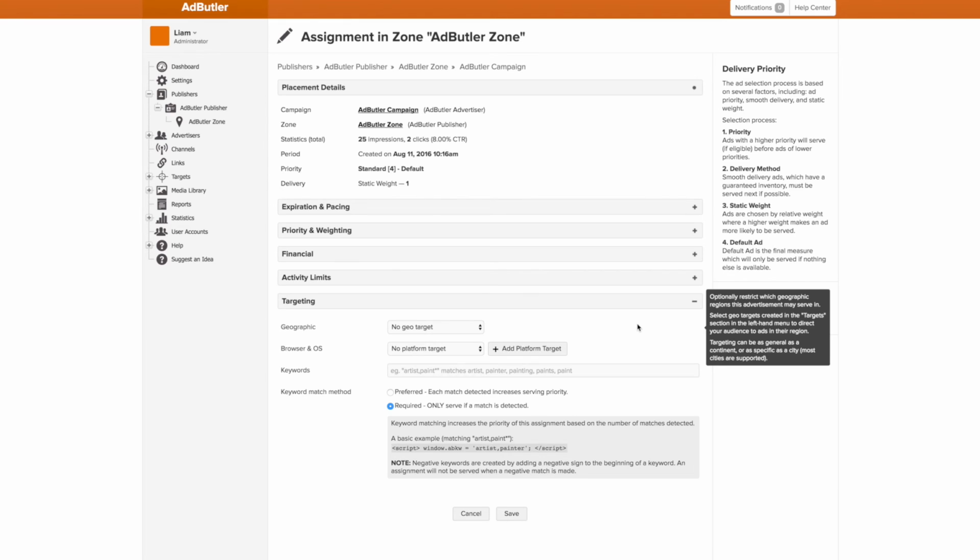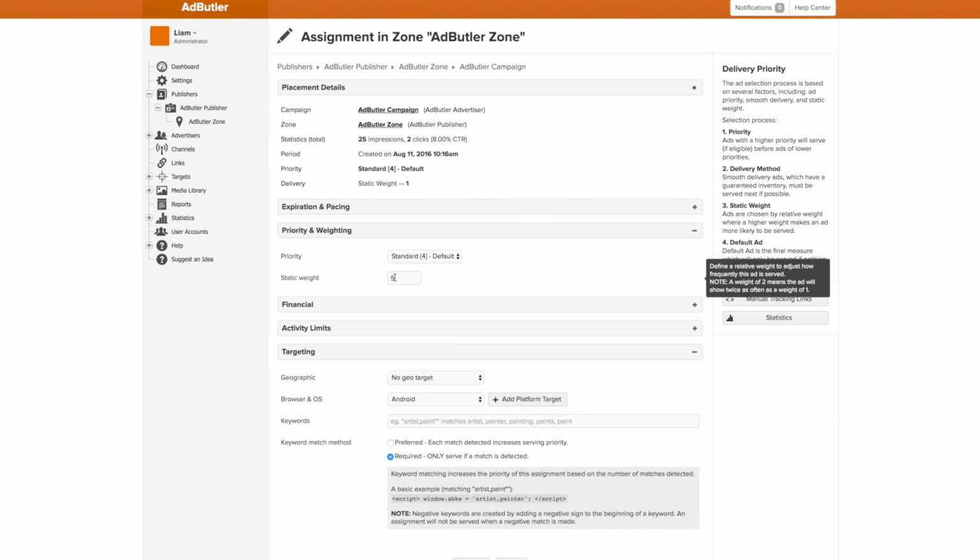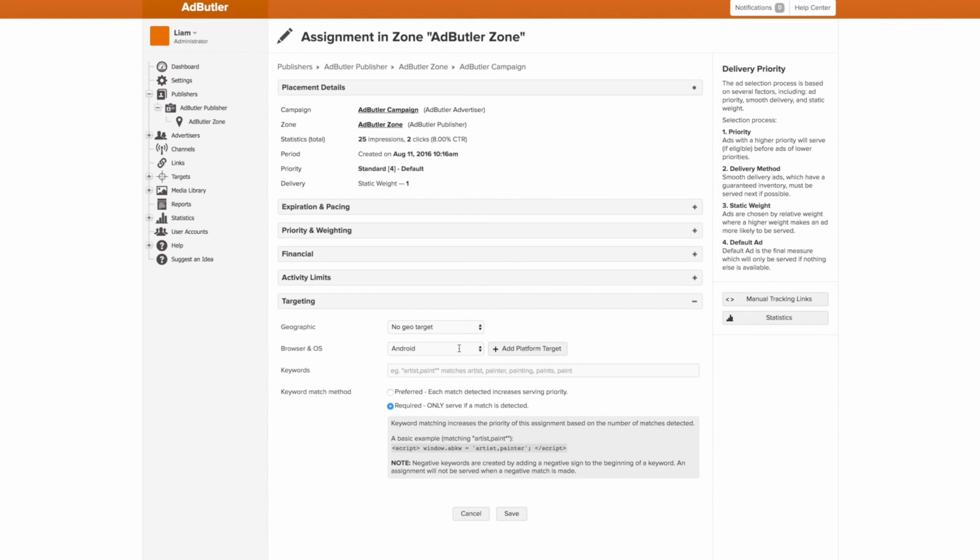Second, now instead of being a local directory website, I'm a tech advertiser who's selling Android and iPhone accessories. I have 2 banners, one meant for either platform, and I need to make sure it's only shown to people on those devices, so no Macs or PCs either. What I'll do is head over to my platform targets page and create 2 mobile-only targets, one for Android, one for iPhone. I can then increase the weight of the assignments, allowing the banner to show more often, but only if the platform target is met. Now, once this is done, iPhone users will see iPhone ads and Android users will see Android ads.